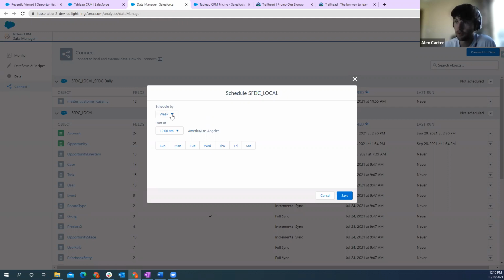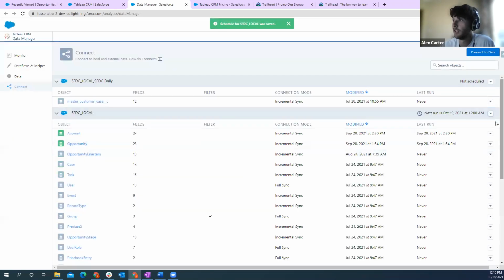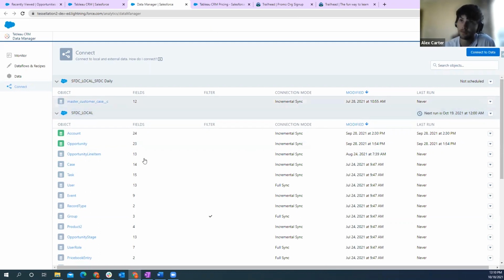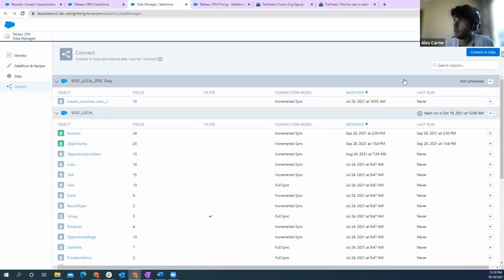So if I wanted to schedule my Salesforce data to refresh at 12 a.m. every business day, I would just select this cadence, click save, and then it would refresh beginning at 12 a.m. tonight. So that is how you can connect to data within Tableau CRM, specifically bringing data into Tableau CRM from Salesforce